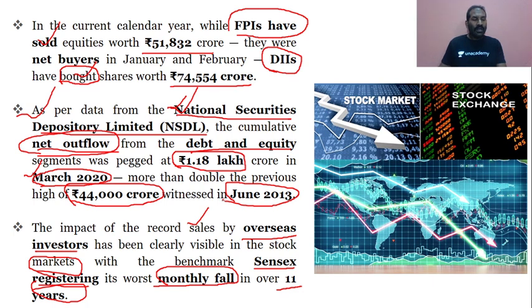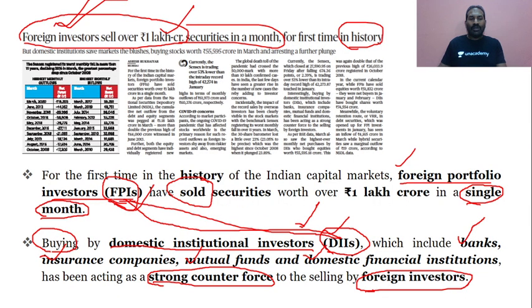It could be globally, and it could be in the Indian markets also, that is the stock exchange or the stock market. Even if you look at the entire world market, it is shrinking further and further, and there is a spree of panic selling happening. But one point to be understood here is that the foreign portfolio investors are selling, but in contrast, the buying is being taken up by the domestic institutional investors.